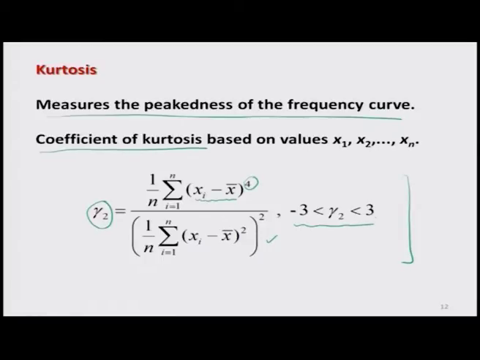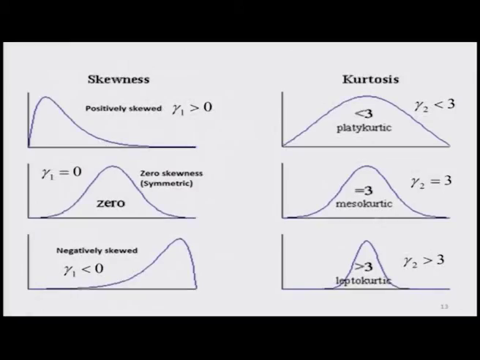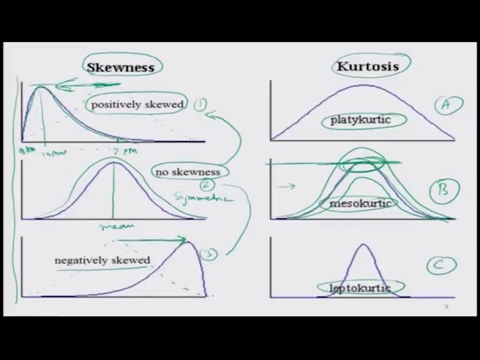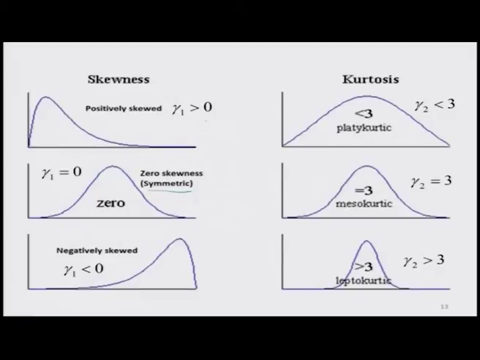Now, what is the meaning of this coefficient of skewness and coefficient of kurtosis, that is gamma 1 and gamma 2? Let us try to see from this figure. In case I have a symmetric curve, let us give them the same names as we have done earlier. You can see here I have given the names 1, 2, 3 and A, B, C. So, we write the same nomenclature here: 1, 2, 3, and here A, B and C. First we look into the left hand panel with the figures 1, 2 and 3.